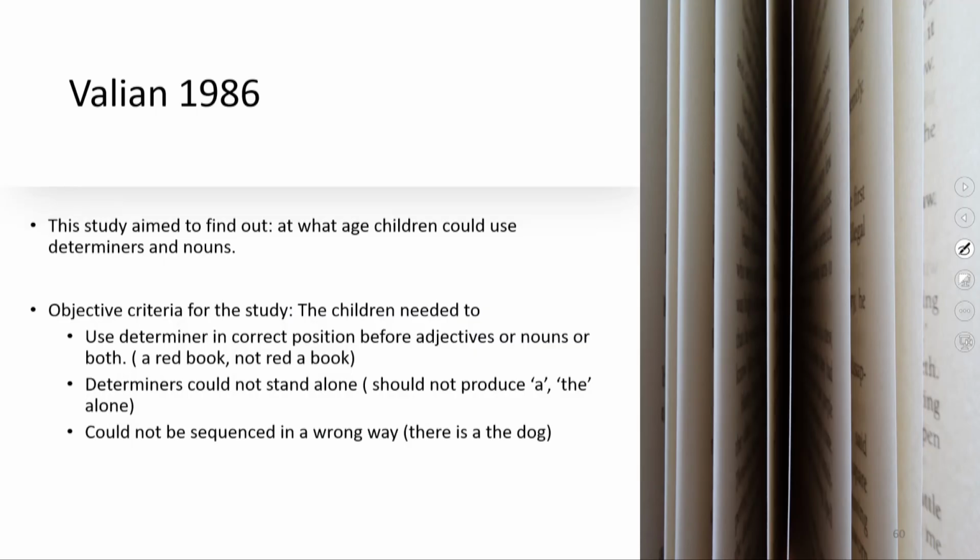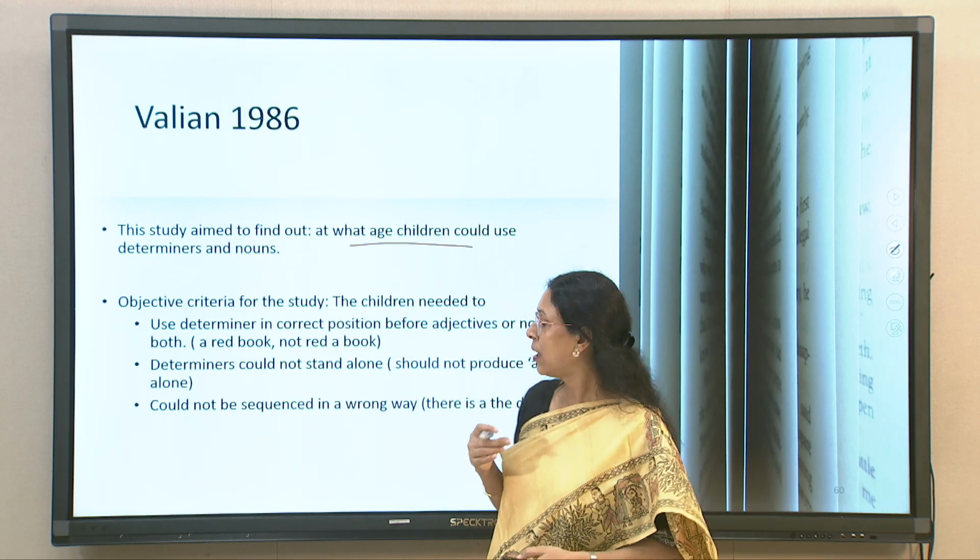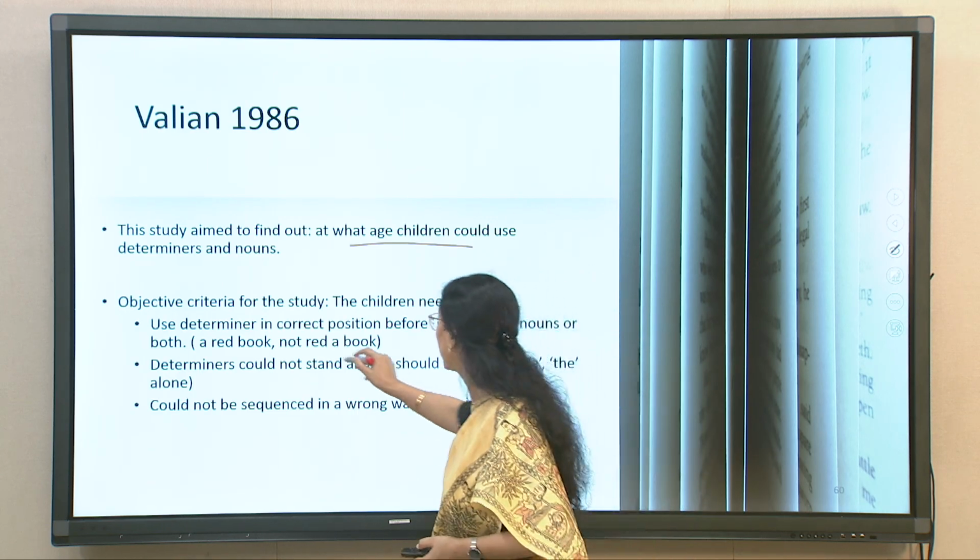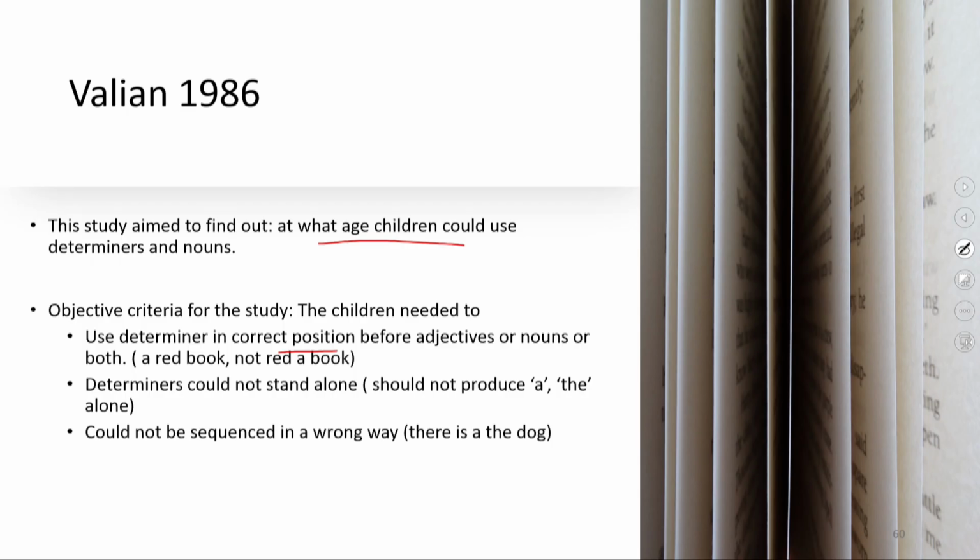Some of the studies, for example, are also experimental in nature. One well known study is by Valiant 1986. What they wanted to figure out is at what age children could use determiners and nouns. They wanted to see when it appears. The criteria for the study was that children needed to use determiners correctly; just using a determiner randomly will not work. The correct usage will be only when the determiner is used in the correct position before adjectives or nouns or both. In the case of English it will be like a book, the book,